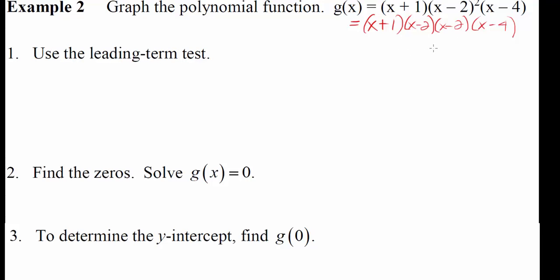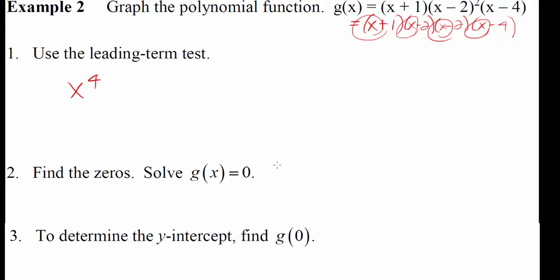So I'm not going to bother multiplying all these 4 binomials together. I'm just worried about that leading term. And I know if I multiplied it out, my leading term would end up being x times x times x times x, which is x to the 4th. That's our leading term. So I can get that without multiplying the whole thing together. Just take those leading terms in each binomial and multiply them together, and that will be your leading term for